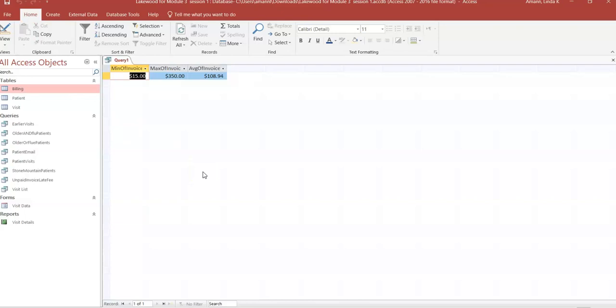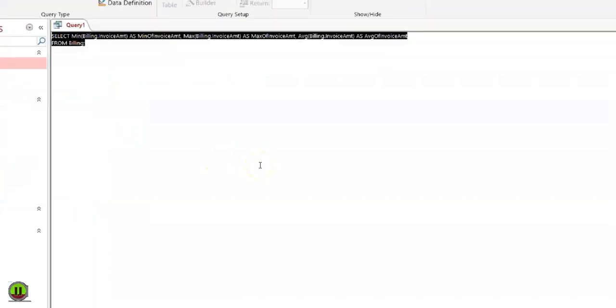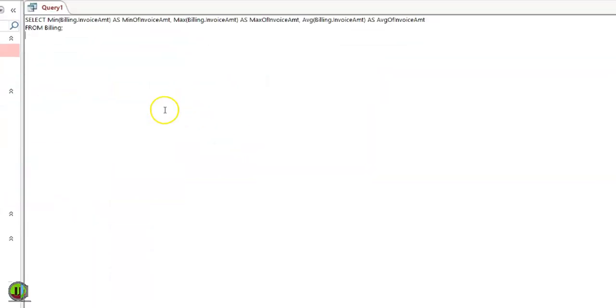And I did it so darn quick, but without me having to think of what the formula or the function is. So you know me, guess where we're going to go? We're going to go to the SQL and take a look at what it did. All right, let me make this a little bit bigger. All right, click off of that. So it says select. Now to tell it to do the aggregate in the programming language of SQL, we have to say the aggregate. So select the minimum, go to that table, find this as,